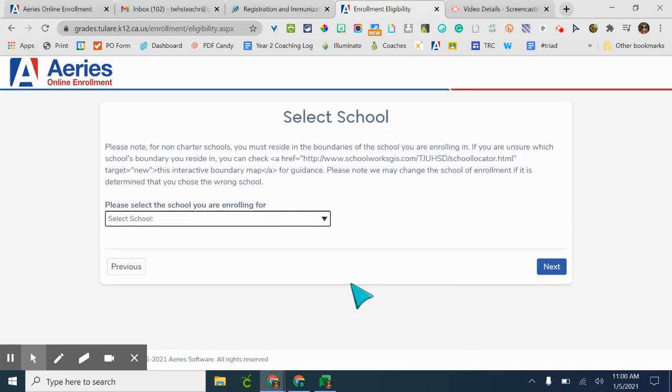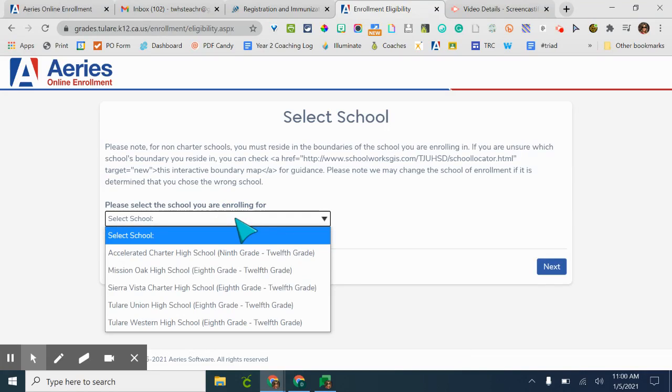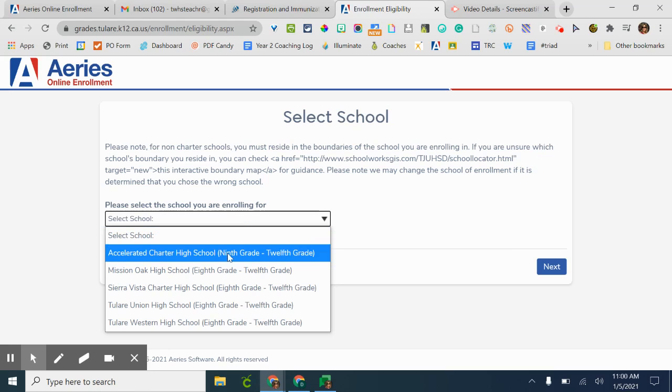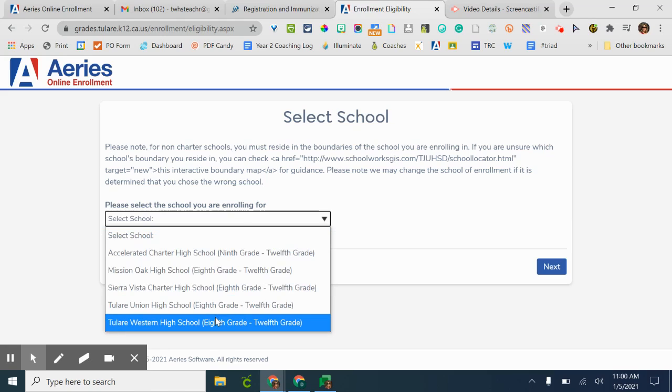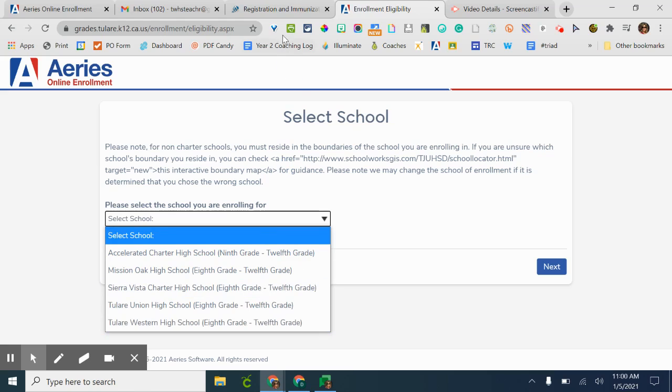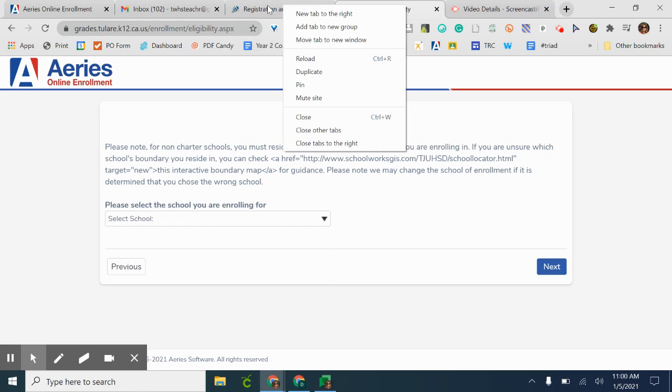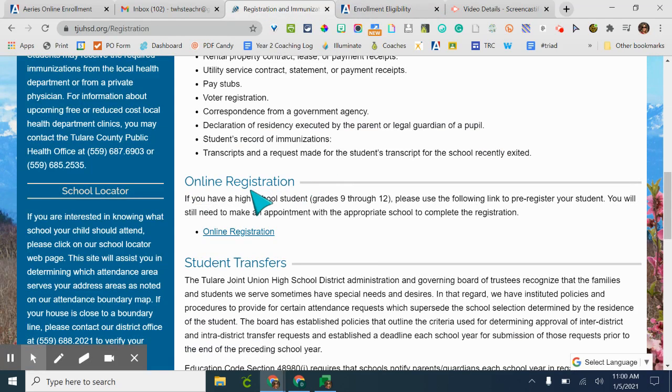So once you are on this page, you need to select your school. You need to choose one of our 3 comprehensive sites. Those would be either Mission Oak, Tulare Union, or Tulare Western. If you're not sure which school site your student is going to attend, you can actually come back to our webpage, and this is the online registration page. And right here on the left-hand side is our school locator. If you click where it says School Locator webpage,